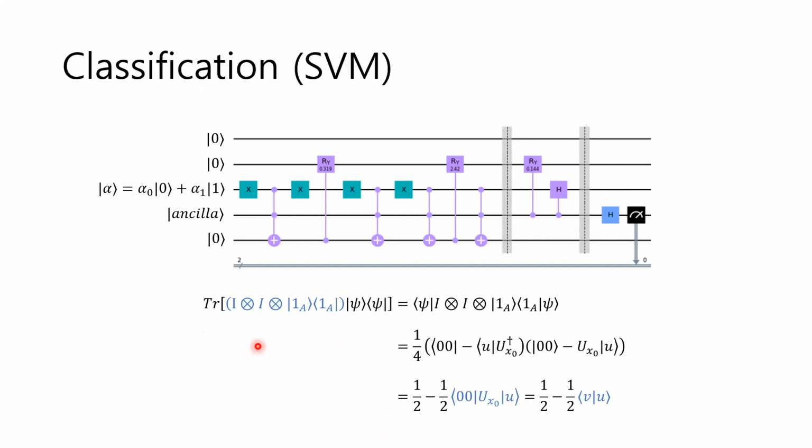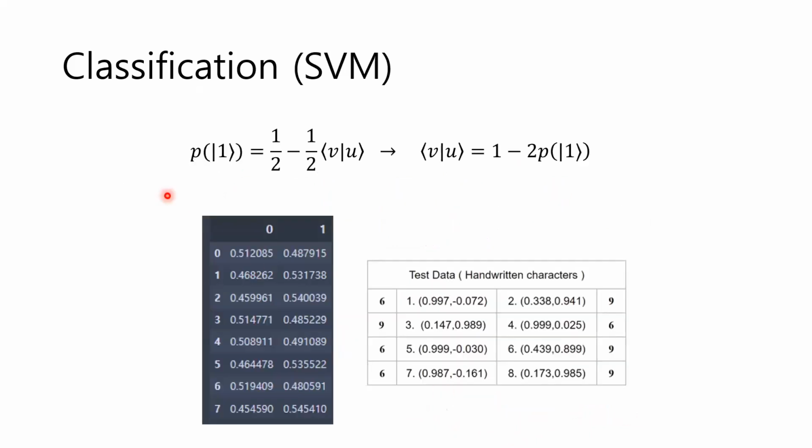So if we measure only if the quantum state of the ancillary qubit is 1 like this, and if you just expand all of the quantum states of the psi here, you get this expression, and at the end you will get this form which we want to find. It is the same as 1/2 minus 1/2 times the inner product of V and U. And at the end, the probability of the ancillary qubit being 1 is as follows,